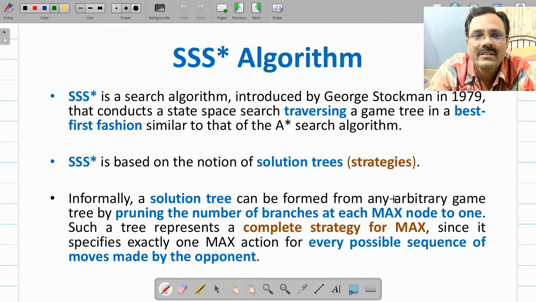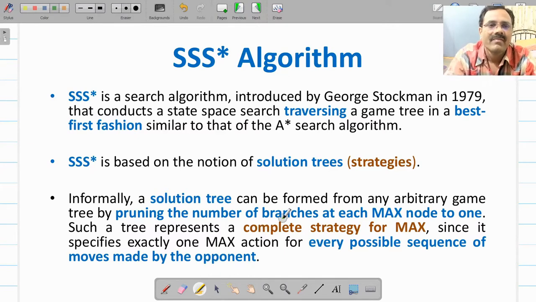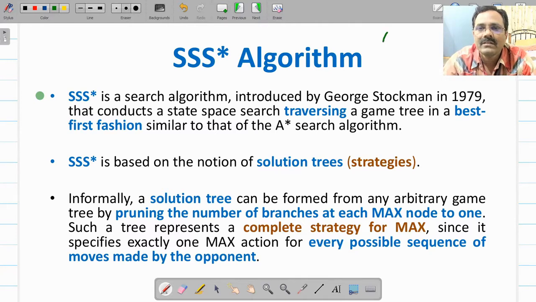Today we are going to discuss another variation of the alpha beta cutoff algorithm, which is called the SSS star algorithm. The SSS star algorithm was introduced by George Stockman in 1979, and it carries out traversal of the game tree in a best first manner, very similar to the A star search algorithm that we discussed in heuristic search strategies. So you will find this algorithm is very similar to best first search,